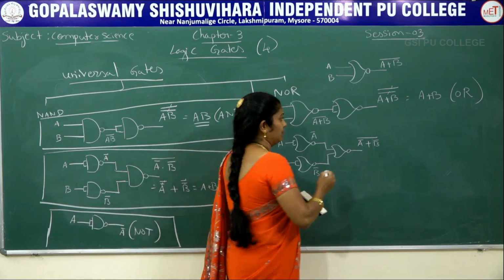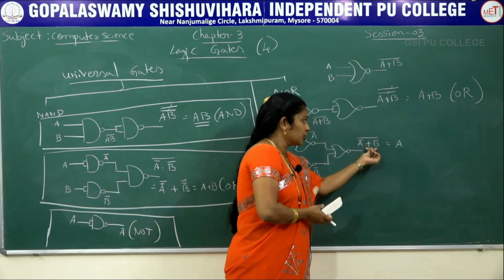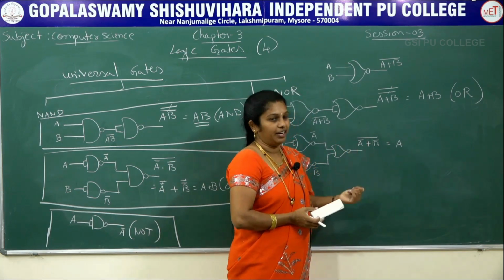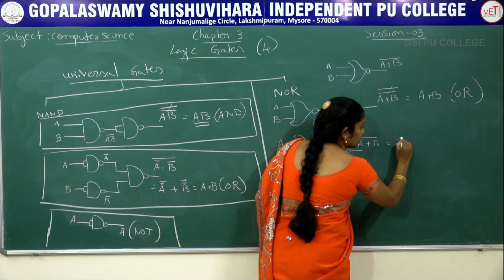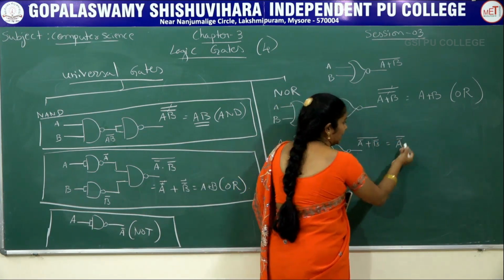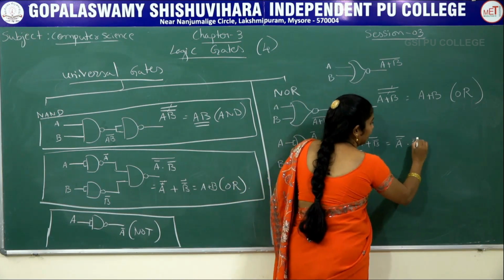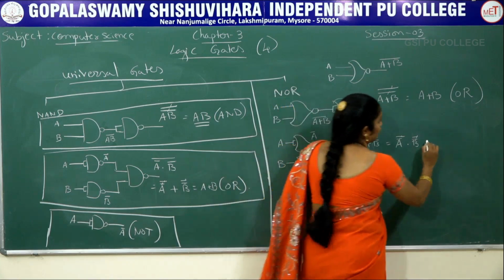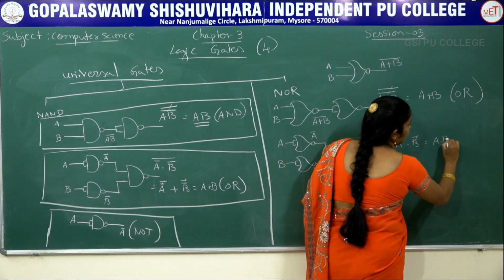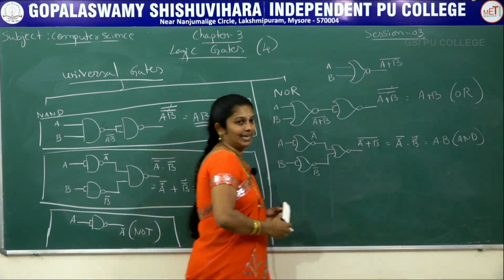Apply De Morgan's theorem. In De Morgan's theorem, just replace all dot by plus, all plus by dot and individually complement a variable. Then A bar is 1 input. Once again negate it. Here in the place of plus, write down dot operator, B double bar. By using involution law, this double bar will cancel. Then output becomes A dot B. It is nothing but AND gate I am able to construct.